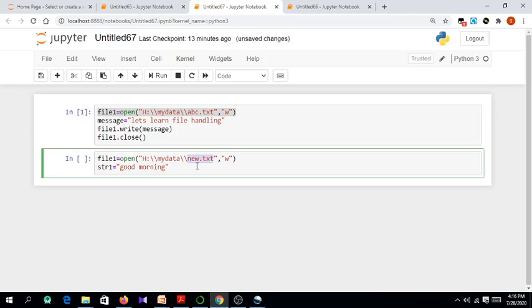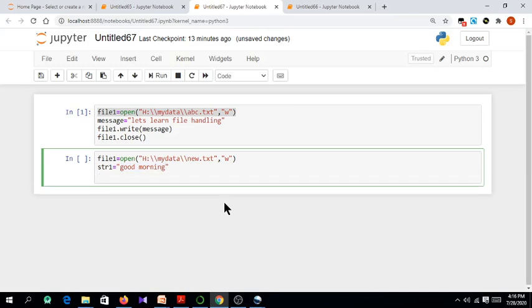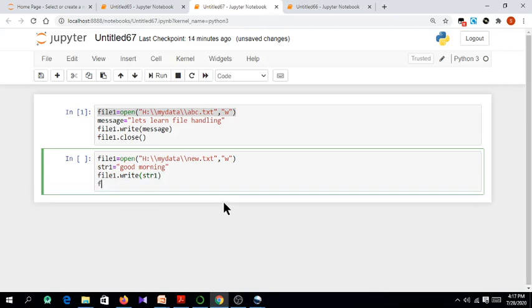That means for every non-existing file in write mode, a new file will be created automatically, and then what we write will be written into the file. We will see with examples. So file1.write, and what I want to write is string 1, which contains good morning, and then let me close the file.